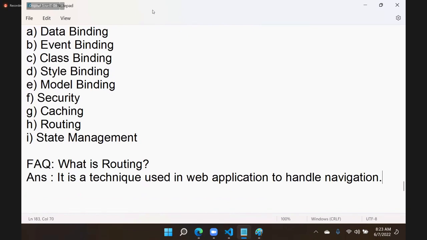What is the specialty of this routing technique? Generally, we handle navigation without routing using links. Then what is the specialty of this? Without routing, we handle this by using hyperlinks. We can put a hyperlink and navigate from one document to another, inter-document